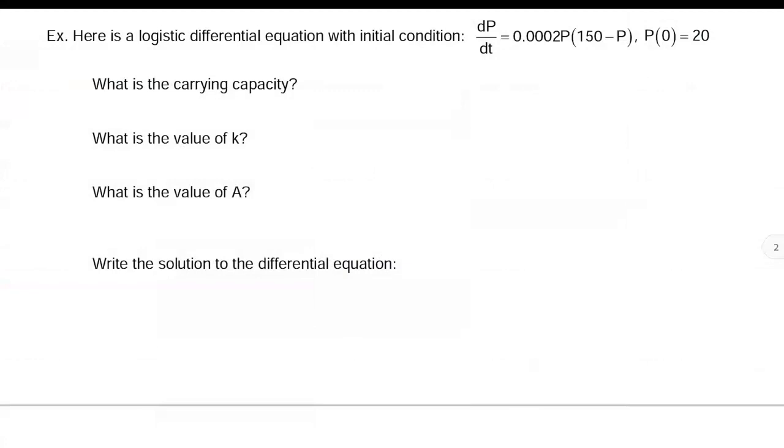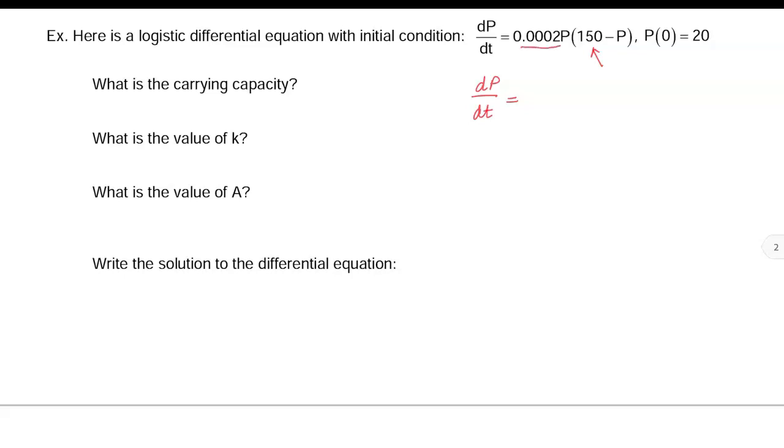The third example on this page, I give you a logistic differential equation, but it doesn't look like a logistic differential equation. Remember, in the parentheses, we would normally have a fraction in there. So the problem is the 150 is in the spot where we would normally have a 1 in that formula. The easiest thing to do is just factor out the 150 from the parentheses. The equation will look like this then. dP/dt equals, when I factor out the 150, I'm going to multiply it times this decimal,